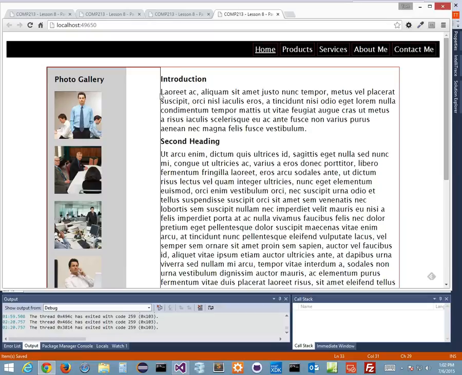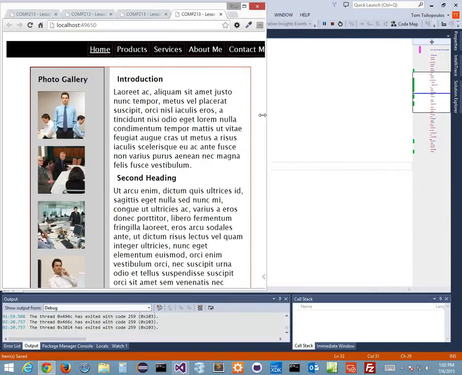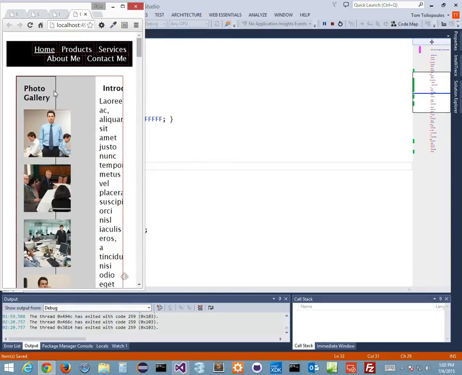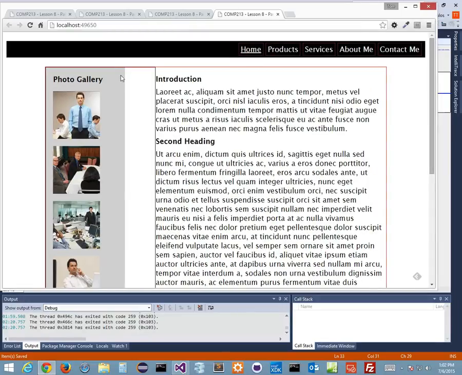So 30% is a little bit too big, but however, if I scroll down, as I go down here, and I get smaller, you can see how this is 30% now. See how this is 30%? Well, this is a good thing. But I think 30% might be pushing it a little bit too much. Maybe 25% might be better. This is the border right here. This is the border for our photo gallery. So this is 30%, almost 1/3 of the page. I don't think I want that. I think I want to go down to 25%. Okay,